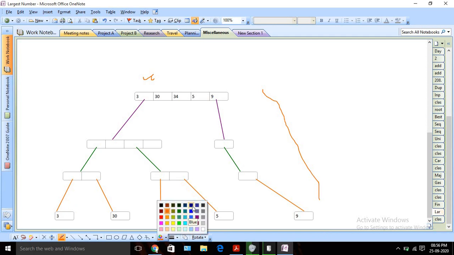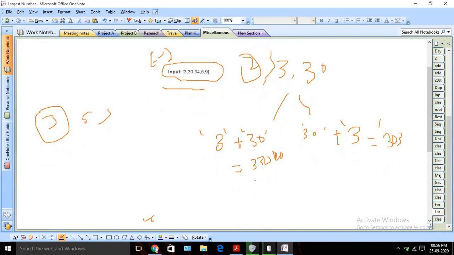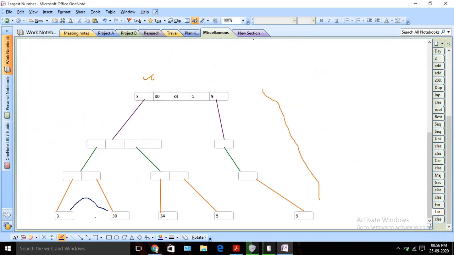Now while merging I am going to check the logic that I wrote here. For 3 and 30, there can be two possible combinations, one is 330, another one is 303. According to that we are going to decide. In this case obviously 330 is larger, so 3 will remain here and it will be 3, 30. Similarly we will do it here also.